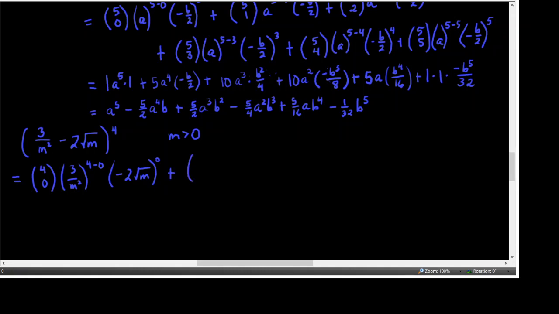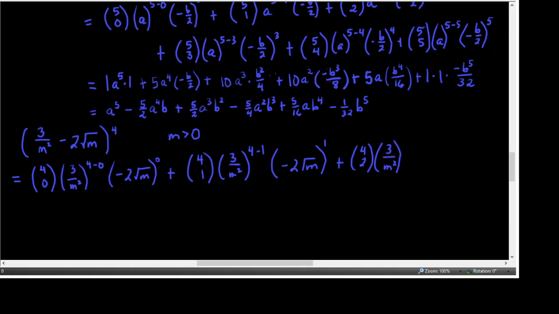Okay, the next one, now we're going to go up to 1, so 4 choose 1. 3 over m squared, the first item, to the 4 minus 1. And the second item, negative 2 square roots of m, to the first. Next one, now go up to 2, 4 choose 2. 3 over m squared to the 4 minus 2 times negative 2 square roots of m squared,